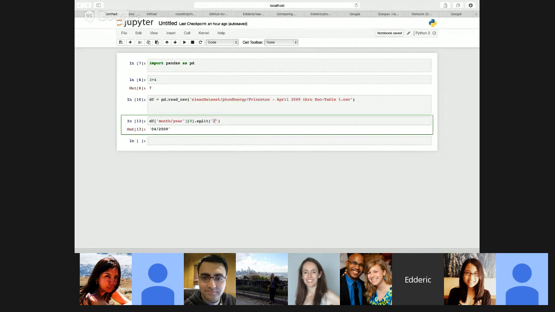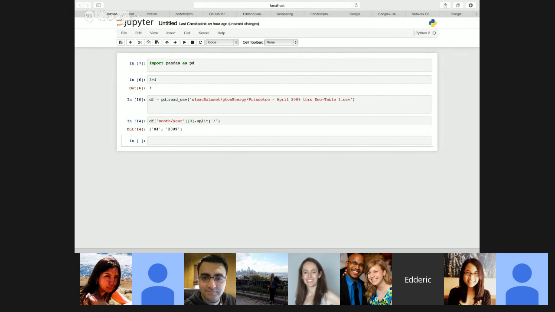The slash is what's dividing the month from the year. So that gives us the month and the year separately, but we don't want to do that manually because there's already ways to create